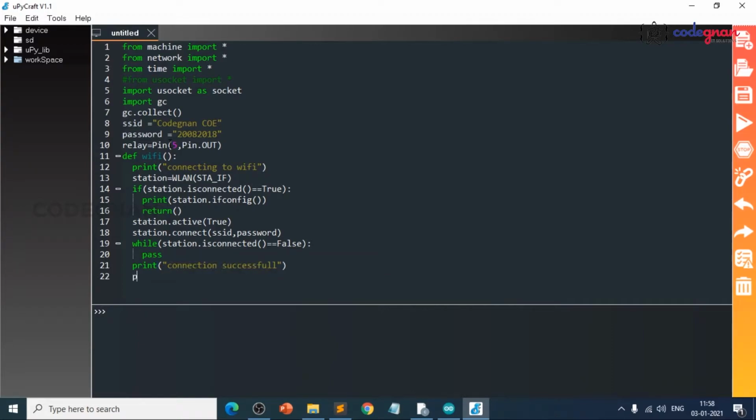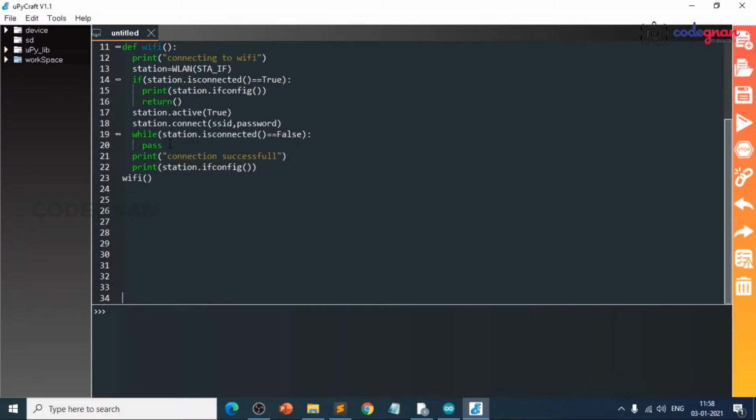And then we will print the Wi-Fi configurations here: station.ifconfig. And we'll call the function here, wifi. This is how we have written the Wi-Fi function.